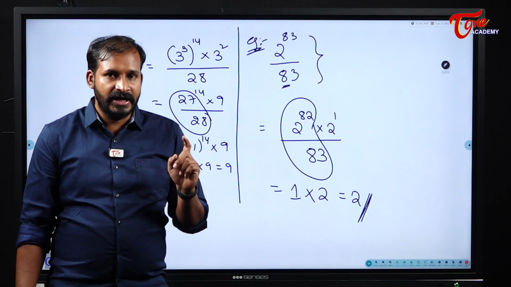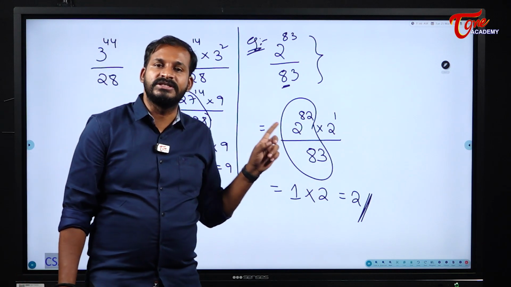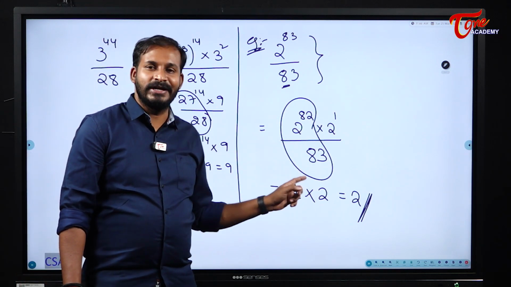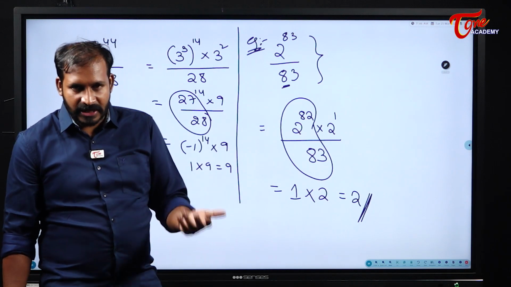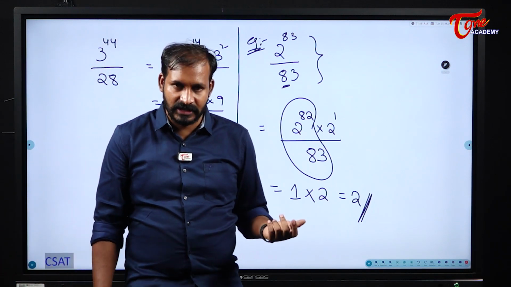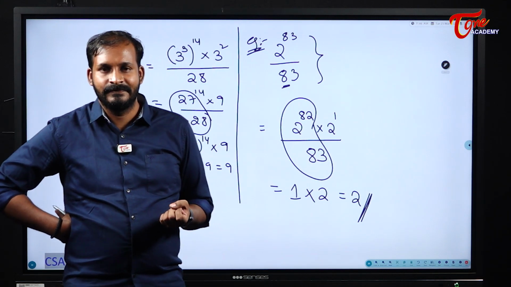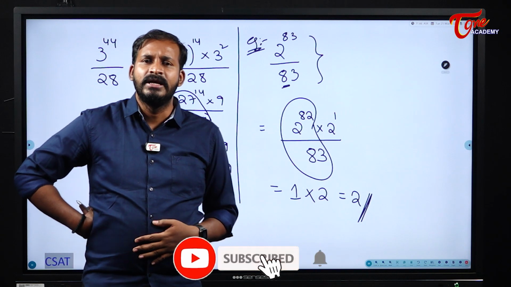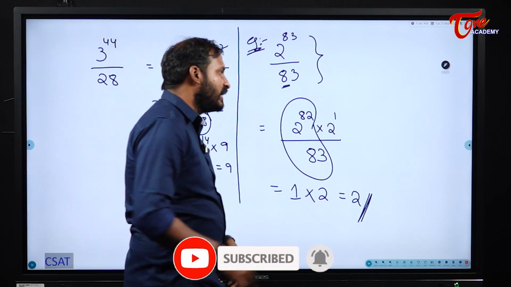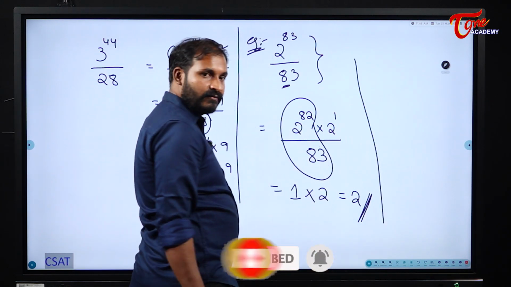See students, nowadays the latest trend of questions is based on Euler's numbers only, and that too where the denominator will be a prime number. If it is not a prime number also, you can solve it with the help of Euler's number, but if it is a prime number, you can tell the Euler number very quickly. Okay, now similarly tell me, what is the remainder for